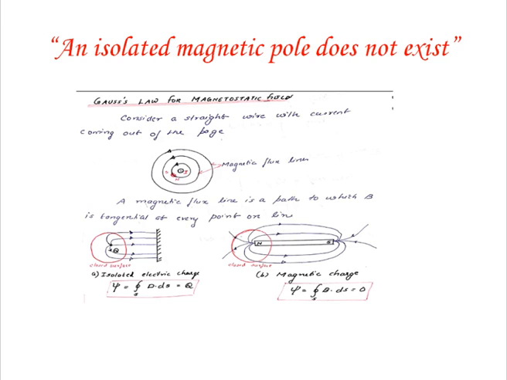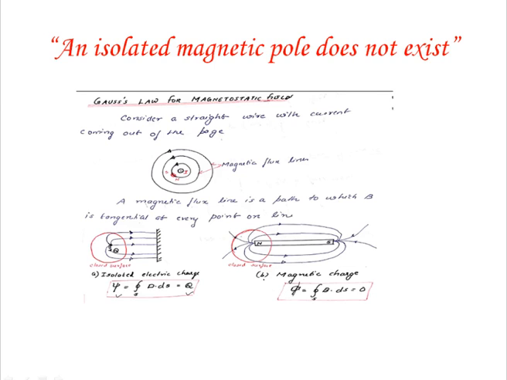If you take an electric charge, this is an electric charge, positive, so everything is diverging. So psi equal to q equal to the surface integral of D dot ds, we can write according to Gauss law. But in case of a magnetic circuit or a magnet, if you take a closed surface over here, this magnet's field is closed like this, so you can write the surface integral of B dot ds equal to 0. This is not psi, this is phi, I would say.